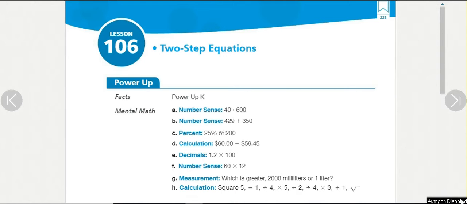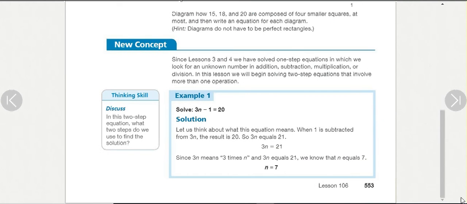Hey, lesson 106 is all about equations, so like unknown number problems. But this time we're going to add a step. It just makes it a little bit more involved, makes us start to apply what we call inverse operations and do some real algebra. And this is one of the most important skills you'll need to master next year, but if you can get a leg up on next year and really get this down this year, you're going to thank yourself. So I want you to really focus today as we solve two-step equations such as 3n minus 1